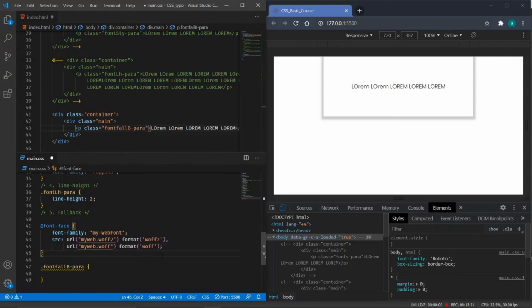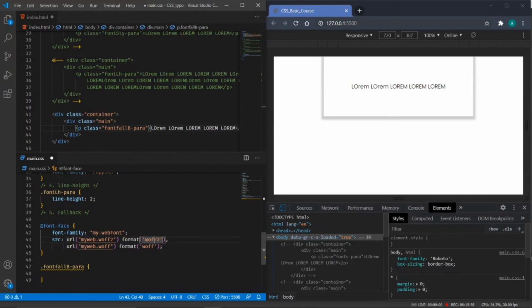So this is the way we have to write the font face, and this font face is used in scenarios when we are not aware which browser is supporting which type of format. There are different types of format available for a particular font. A particular font can have multiple types of format. First one is WOFF2, WOFF, EOT is for IE browsers.